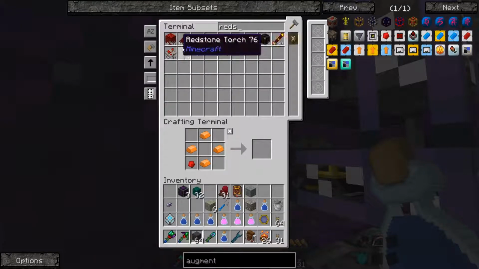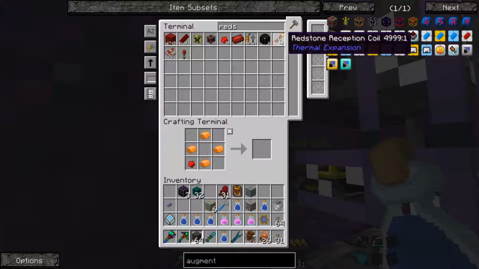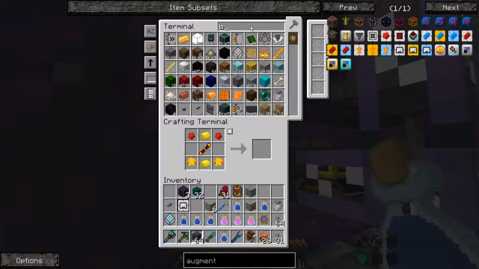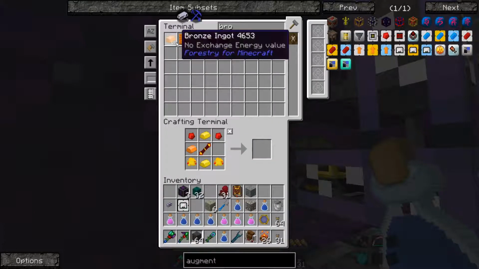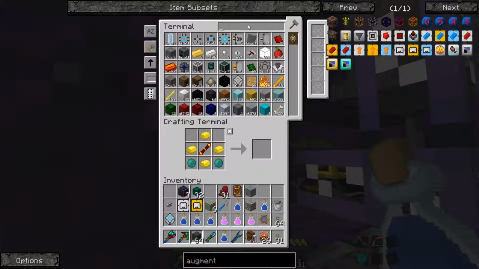So let's get some redstone. Let's get 3 reception coils. There we go. There's our tier 1. We're going to need some more bronze, about 100 of that. So tier 2. Lastly,